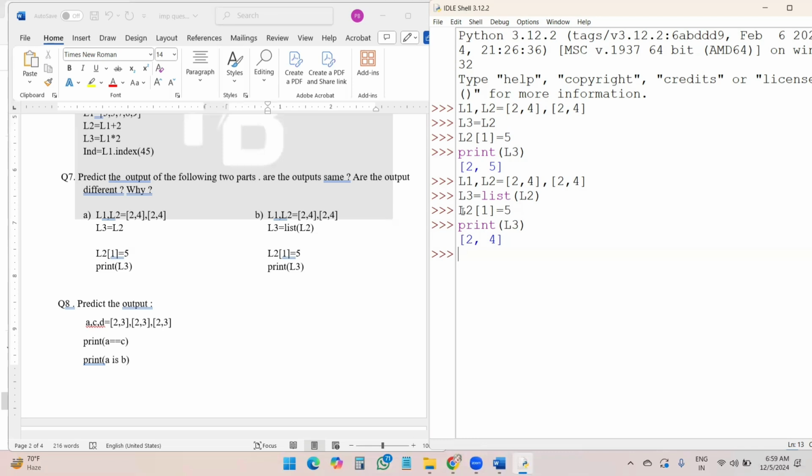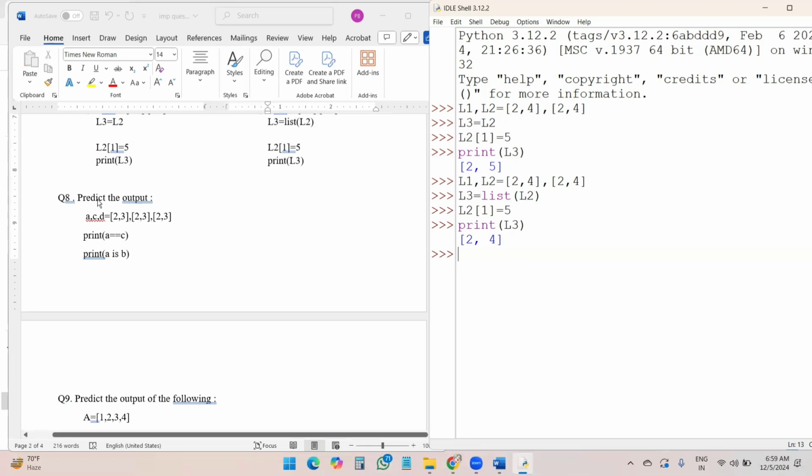But if you are not using the list function, then all the changes made in L2 reflect in L3. But if you are using the list function, whatever change you make in L2 does not reflect in L3. This is the simple concept we are having.